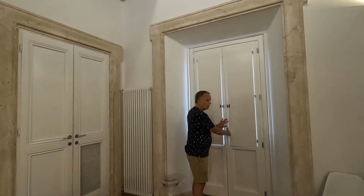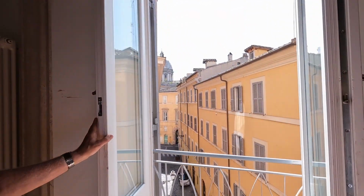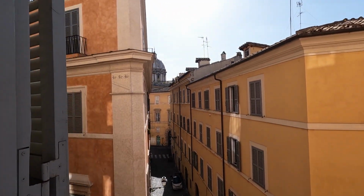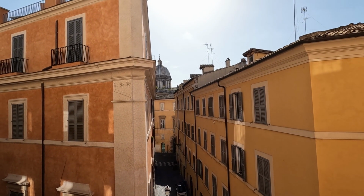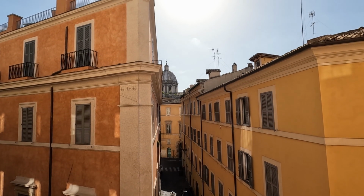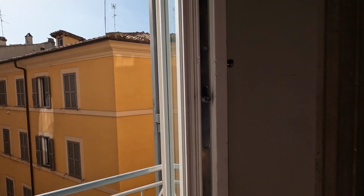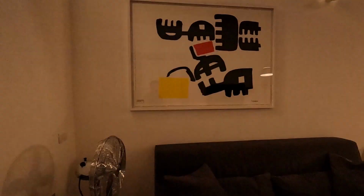And then these doors open up to a beautiful Juliet balcony. It's really bright out there. And you've got a spectacular view of the old buildings, the cobblestone streets, and then that dome up in the top from the church. And then I'll just close these doors,